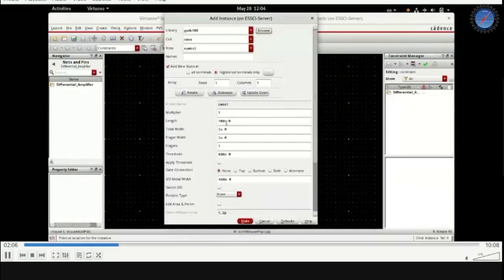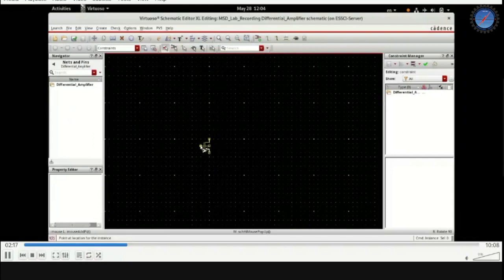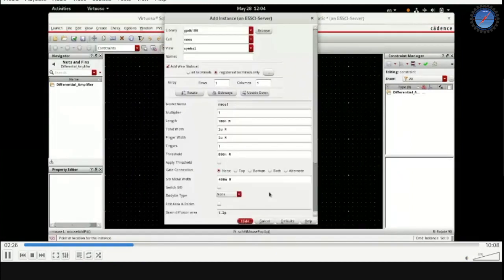All right, and then as you can see in the differential amplifier designs, especially in analog designs, we'll not use the minimum channel length. So the minimum channel length here is going to be 180 nanometer, but we'll use longer and wider transistors for the analog design. Okay, so for the NMOS, we are going to use 1 micron length and 3 micron width.